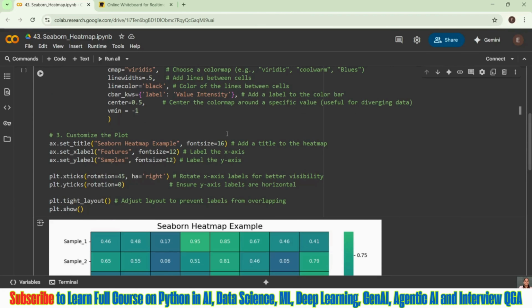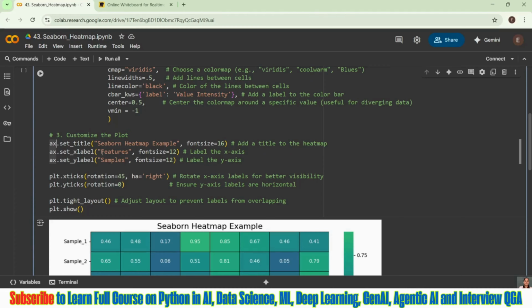The next thing we are going to do, guys, is set our title, because the title is important to understand what the heat map exactly is, right? Here I am giving Seaborn heat map example. I am defining my font size. Okay, I am defining my X label. I am defining my Y label. If you take plt directly, it is going to be plt.title. Here I have taken ax, so ax.set_title. So that is a difference. If you take plt, set won't be there. It's going to be plt.title, plt.xlabel, plt.ylabel, like that.